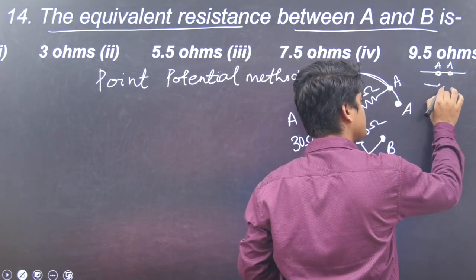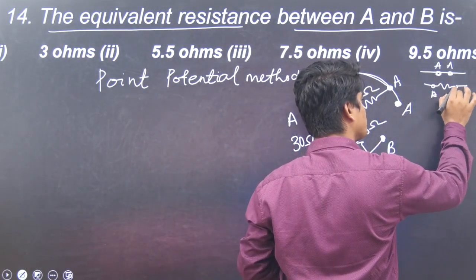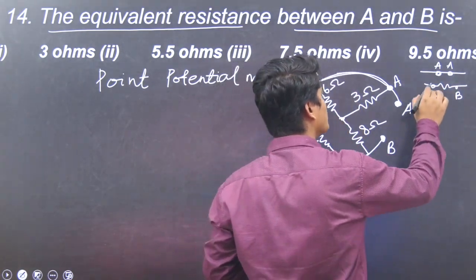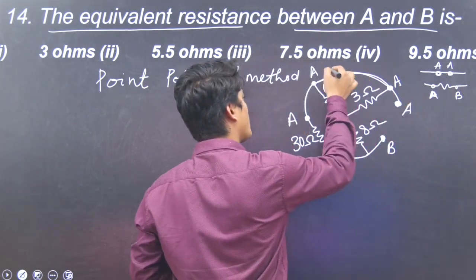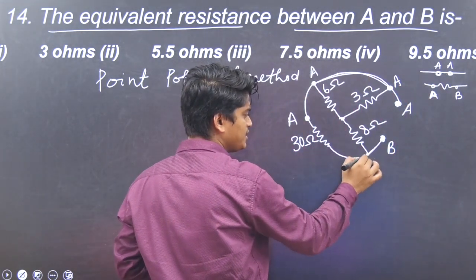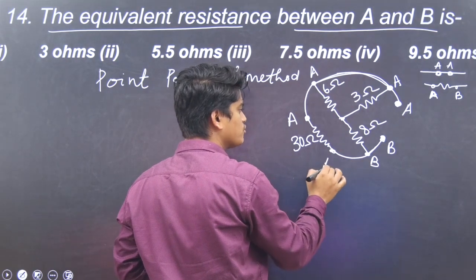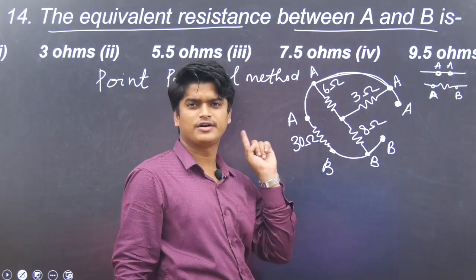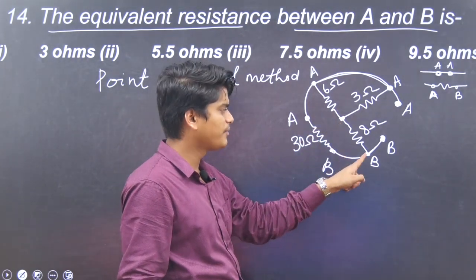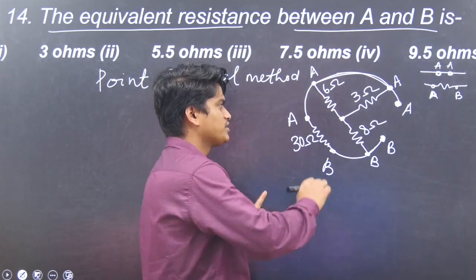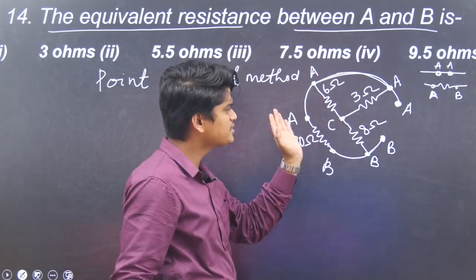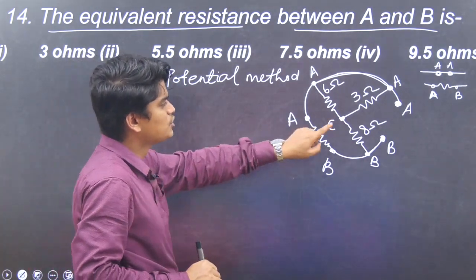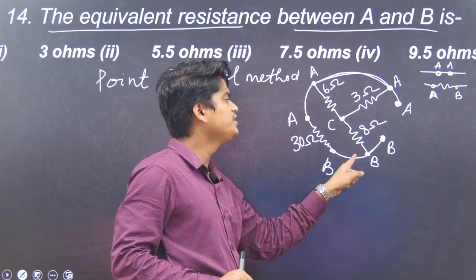But if one resistor comes, then this potential and that potential will be different. A potential difference will come. So here we consider this one as one potential. Now if this is B, this point is also B, and this point is also B. Now here I cannot take A or B, because a different potential will come. There is definitely one circuit element here, one here, and one here. Circuit element means a resistor, capacitor, like that. So this point is C. Now I have 3 points: this point is A, this point is B, this point is C.